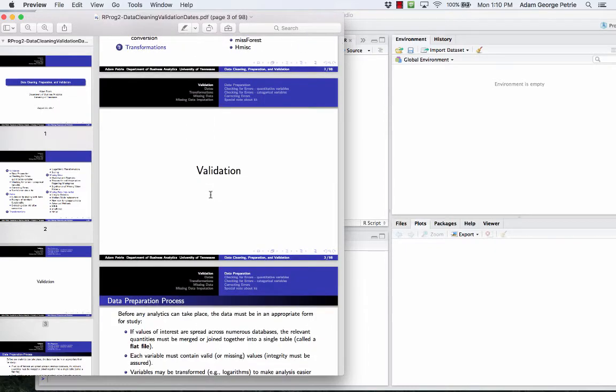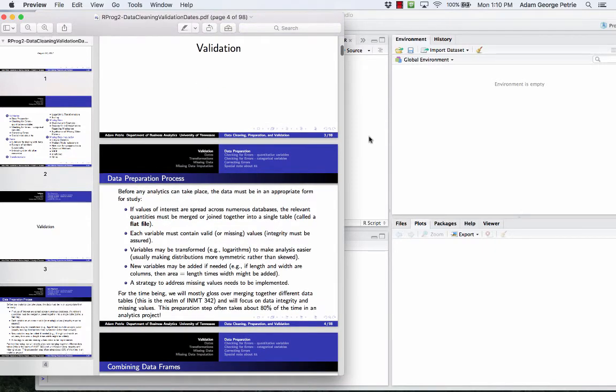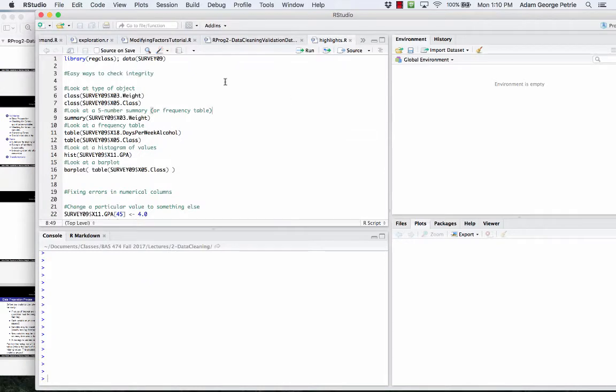So let's talk about data validation. If we just do analytics on data sets that have issues or errors in it, we're going to get junk analytics out. The adage is junk in, junk out, and that's true for analytics. So we need to make sure that our data file is free of errors or logical issues. All right, so how do we go about doing that? Well, our approach is going to be a little bit different depending on if the quantity of interest here is